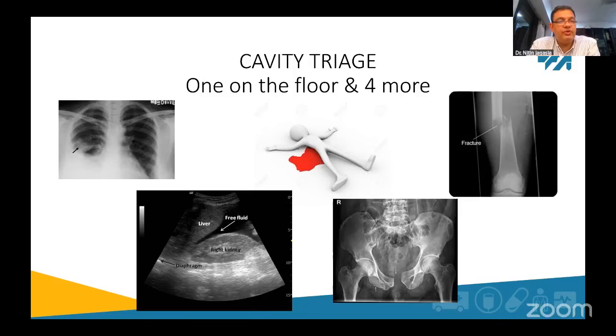Both legs will be externally rotated, and we no longer do the pelvic compression test. All you do is a gentle palpation along the anterior superior iliac spine, checking for tenderness, obviously if the patient is alert and able to give you feedback. Other signs like blood at the meatus and perineal bruising would suggest a pelvic fracture. If there's a pelvic fracture, you put on a pelvic binder. If you don't have a binder, you can use a bed sheet.